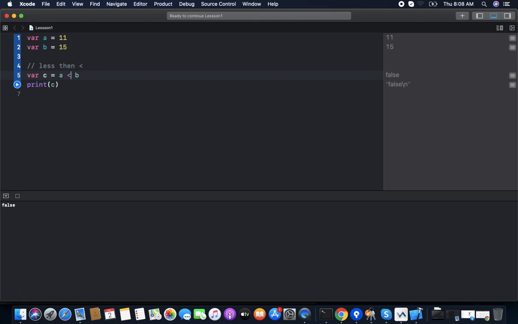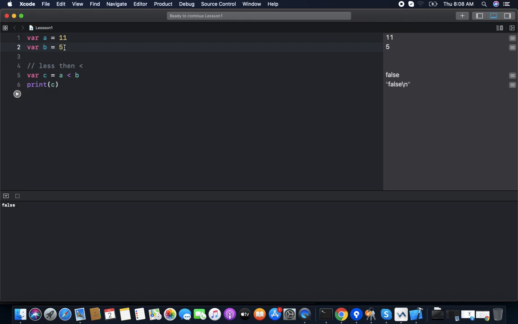Now we're checking the less than. So is your first value less than the second value? A is 11, b is 15. The first value is 11 and the second value is 15. So the first value is less than the second, yes, it's true. But if we make b 5, then it's false.